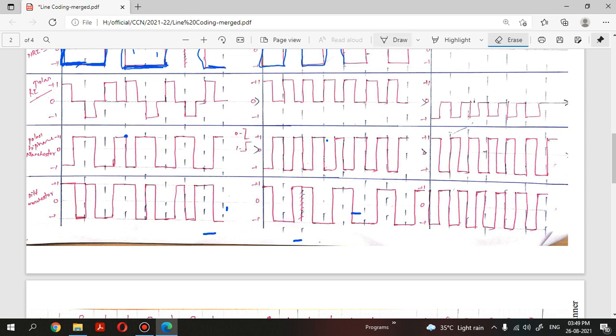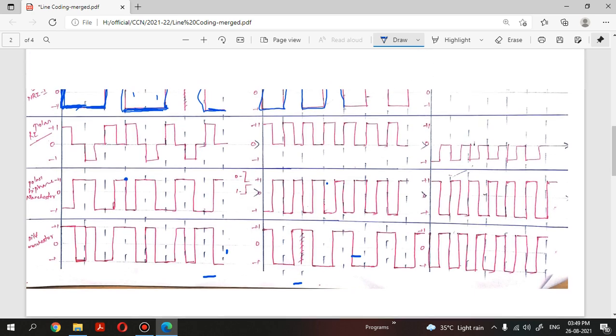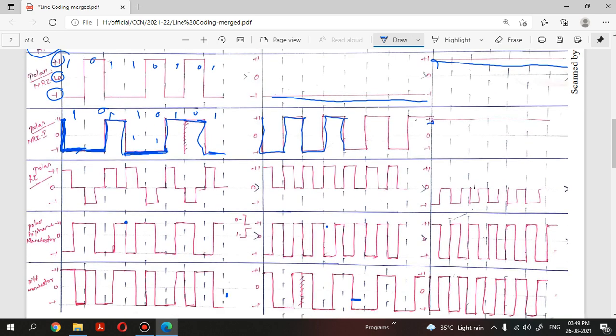So let's see how this works for this input, right? So here let's see the data. Okay, this is the data. For 1 we always have the graph pattern, we always start from positive, right? So this is for 1, right? For the next 0 I need to make an inversion. So right now I am in negative, so I need to invert to positive to proceed further, right? Next one 1. So for 1 I need not invert, right? Only for 0 I need to invert. So for 1 the same Z pattern is maintained, right?